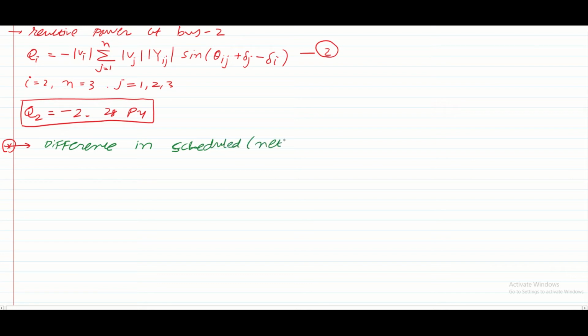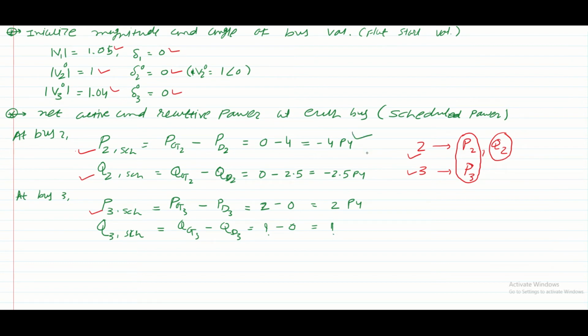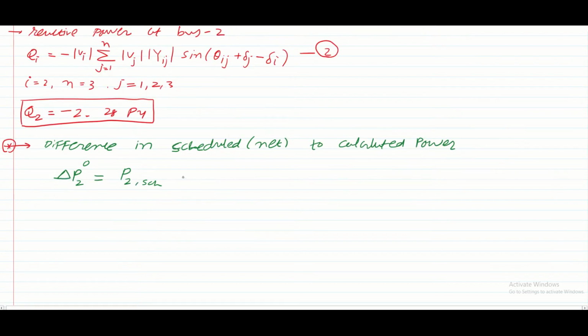Schedule, or we can say net, calculated power, which we have calculated in our previous step. Okay, so let's start with the first, delta P2 at initial condition. That means we have the P2 schedule which we have calculated, I think over here, yes, P2 schedule, clear, and